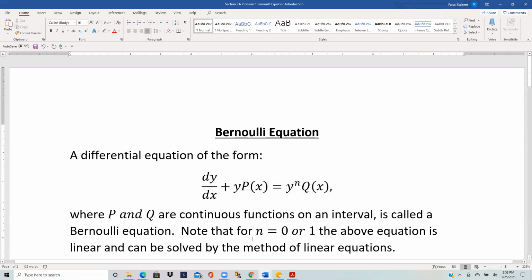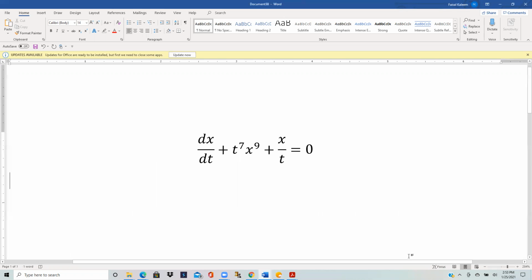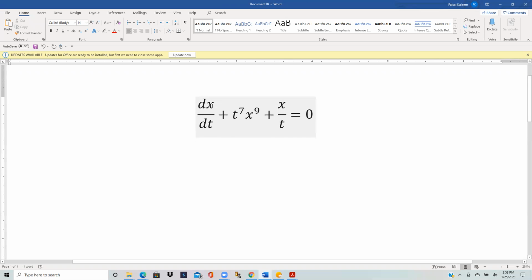So in this particular example, x is appearing in the numerator, so x is going to play the role of the y and t is going to play the role of the x. So remember, it should be dx over dt and then a single power of this times a function of the other variable, which means it's this one. So if we rewrite it like